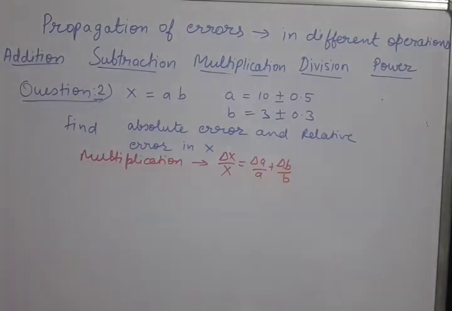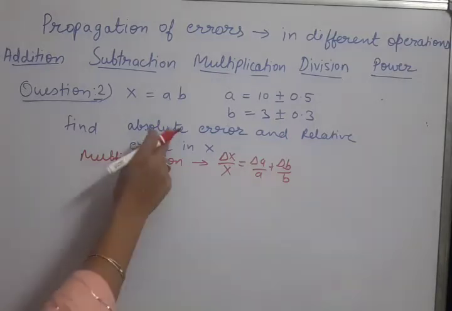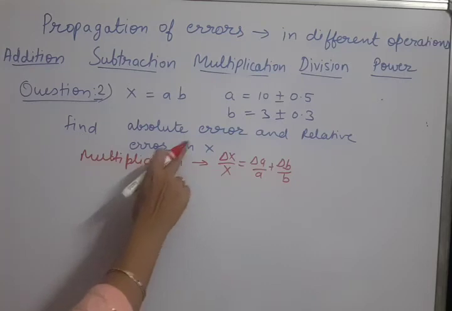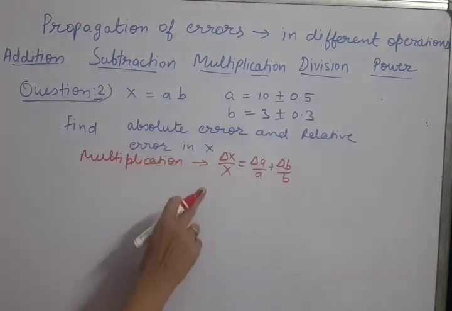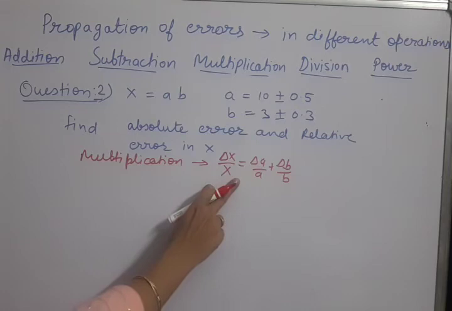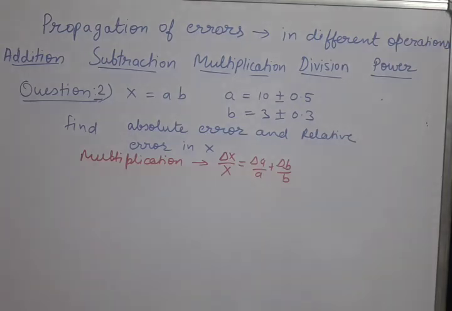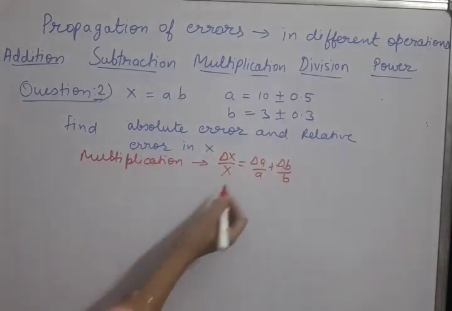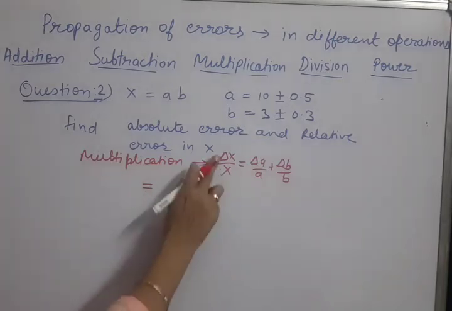That means relative error will be solved first. Okay? There will always be 2-3 errors which we have to solve, but depending upon the operation and the operation's answer, that error we will be solving first. Like in addition and subtraction, we always solve absolute errors first. But in multiplication, we are solving relative error first. Let us apply the values.